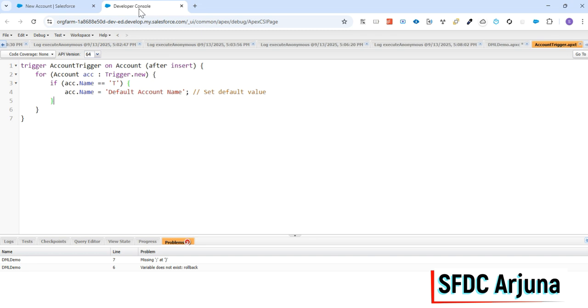Let's say I want to validate. Let's say I want to update the name based on some other country or something. So this is a kind of validation. Based on the validation, let's say I want to check whether the country is India, then only update the account, otherwise not. That kind of scenario I can also do here. So let's check that example. So if the country is, let's say, billing country,